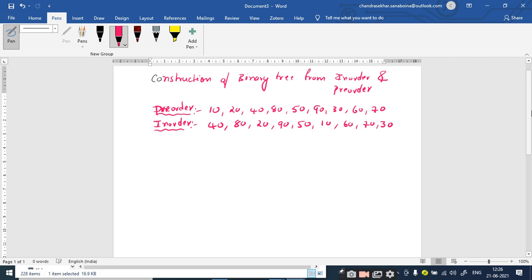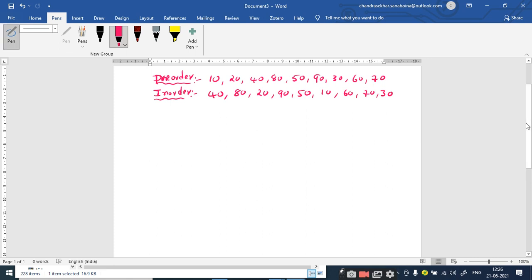Right, so let us see how we are going to construct this. As I told you, the first step is to identify the root node. Which traversal is required to identify the root node? Pre-order, sir. So in this example we consider the pre-order traversal and the starting element is the root node.